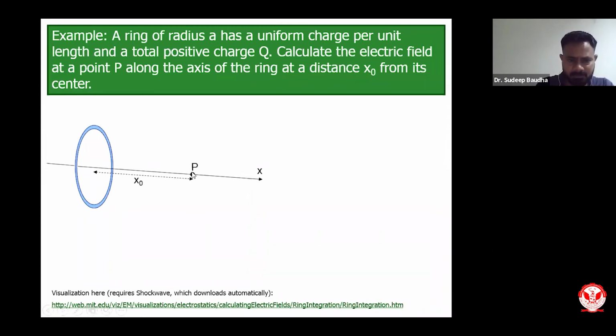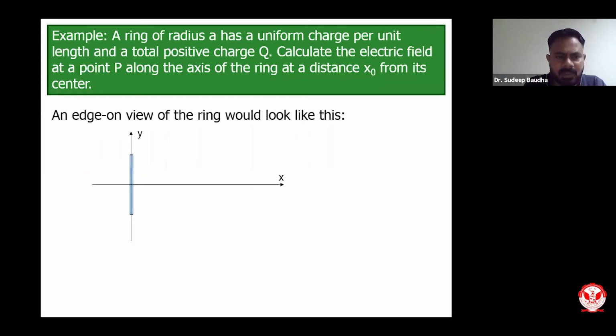So I have this point P over here. I have a ring. I have defined our x-axis over here. So directly you can say y will be here and z will be coming out of your screen. We have to calculate the electric field at this particular point, which is located in this fashion. So this is the geometry we are going to deal with. Please remember, this is a ring and it has different concepts. So let us start with this calculation. I will try to analyze this problem and find the actual amount of electric field generated because of this ring at this point.